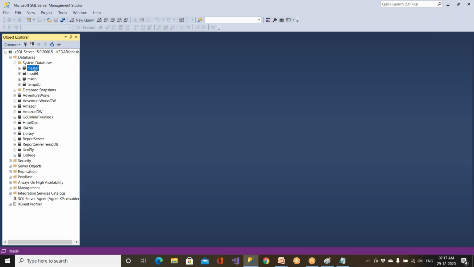So master is the heart of the SQL server. If you drop this database, right click and there's no drop command, but if you try to delete or modify this database, you're gone. You cannot do anything now. It is very, very important that you should not play with the master database at all. Clear? Who is going to be using it? It is being used by the SQL server itself.